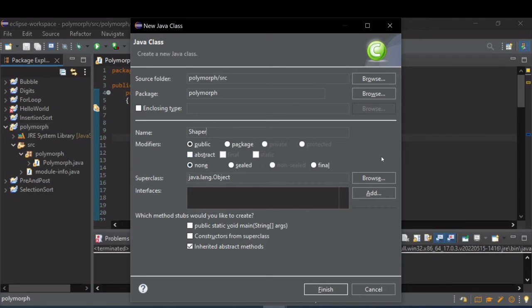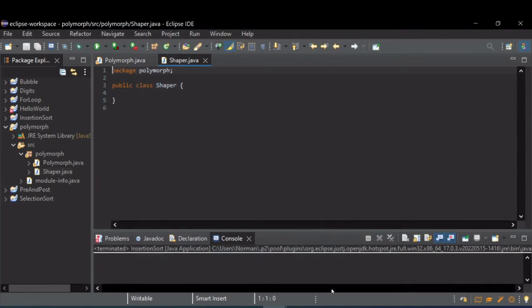abstract, whatnot. If you're inheriting from another class, you can specify that here if you want a main, and so on. We're just going to inherit from objects. So initially, when you're creating new classes, you'll just inherit from objects. So just leave everything as it is and just give it a name is pretty much all you got to do. Click finish. Now what you see that just showed up inside the project in the right package location is